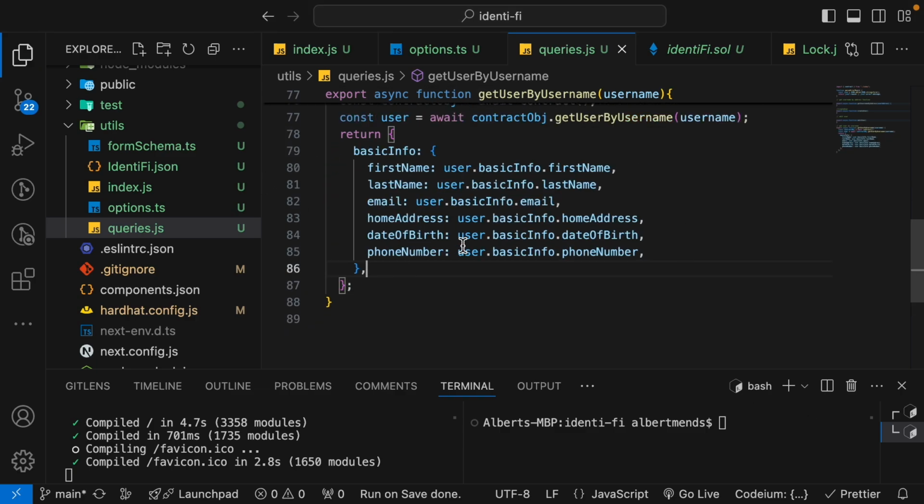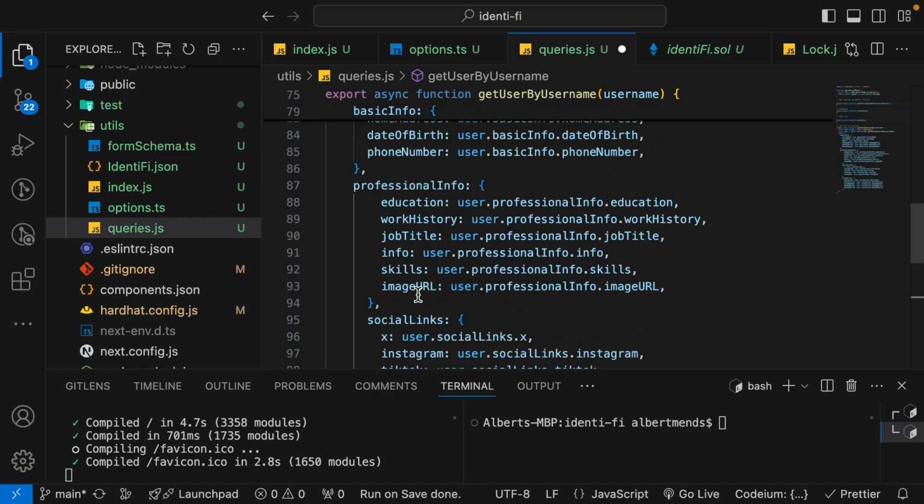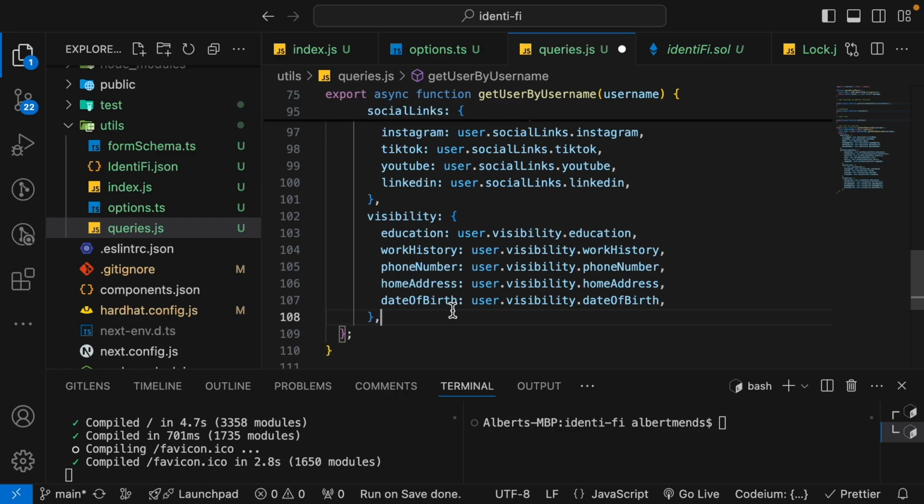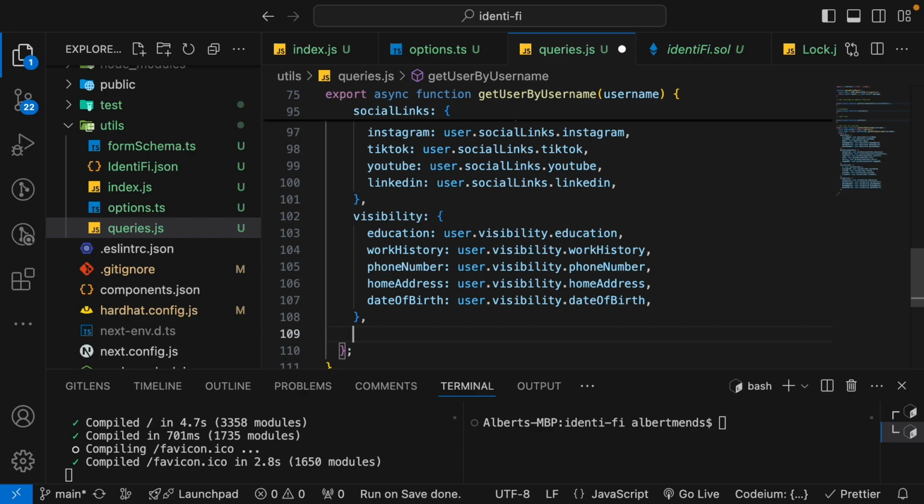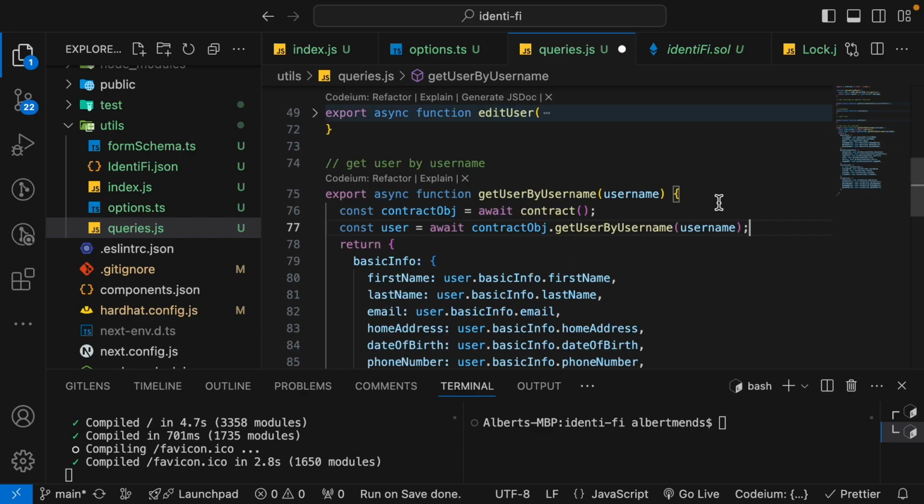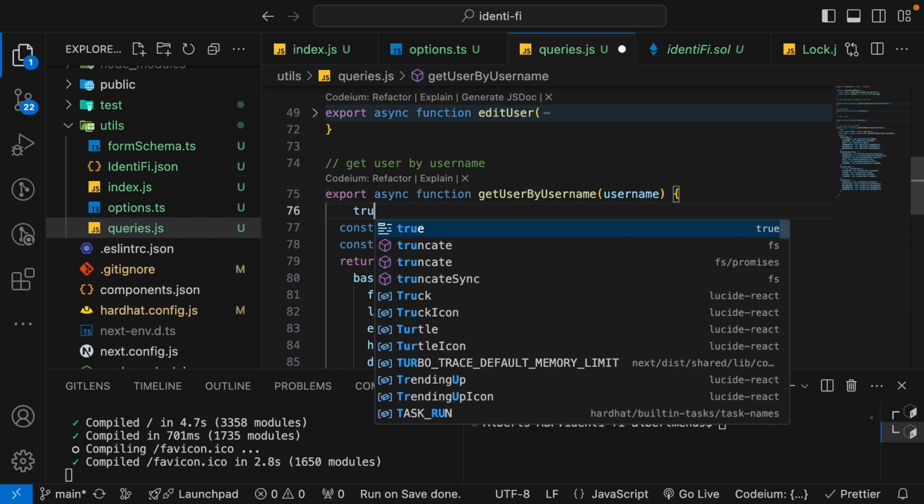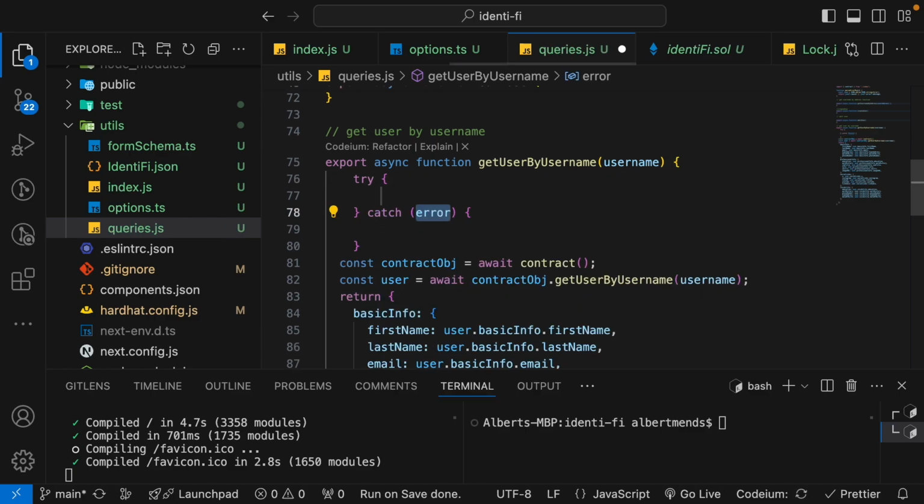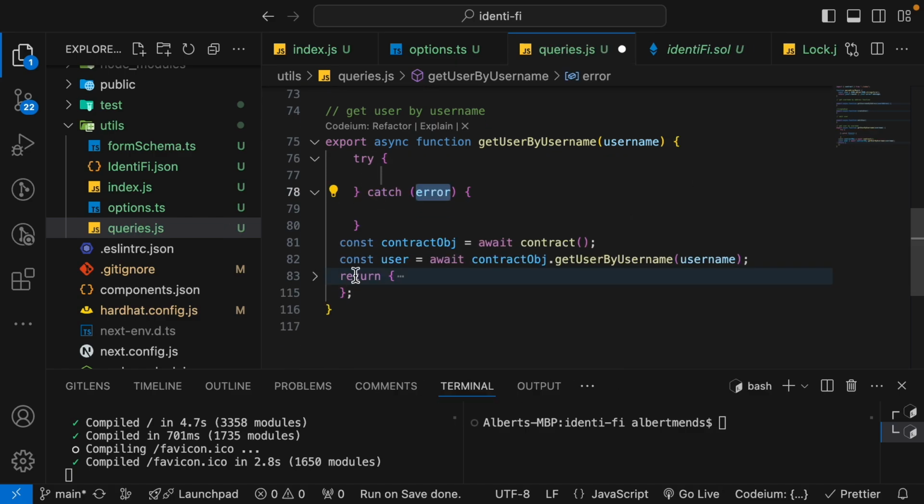So we have the basic info. Next, we move to the professional info, social links, and then visibility. So we have the basic info, the professional info, the social links, visibility as well. I forgot to add the try catch, so you need that. You need a try catch block, and then I'll copy all these